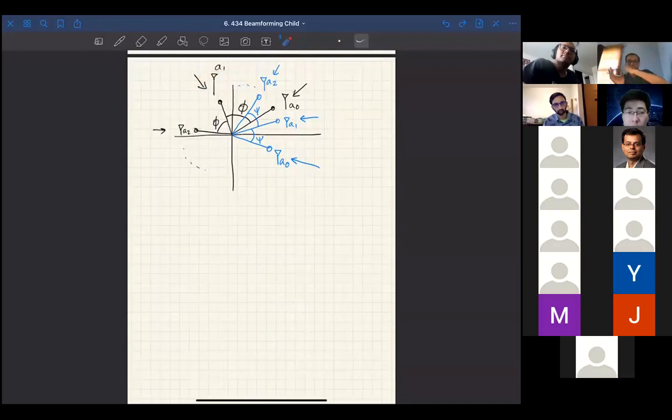There's a bunch of vectors that are phi separated. There's another bunch of vectors that are psi separated. There's another bunch of vectors that are beta separated, each depending on the angle of arrival. So we can write over here that